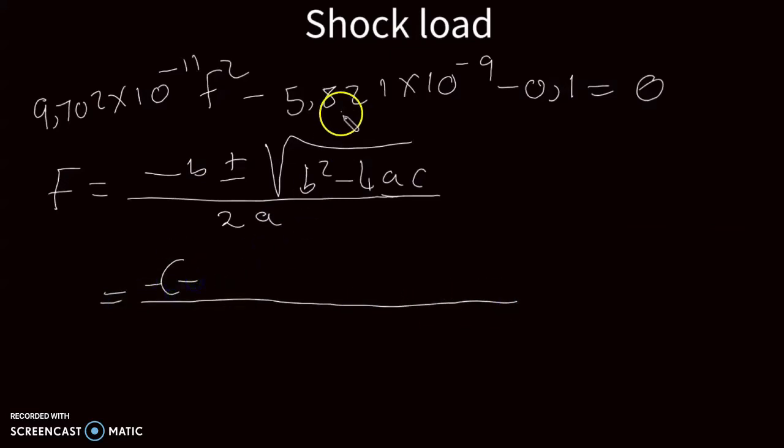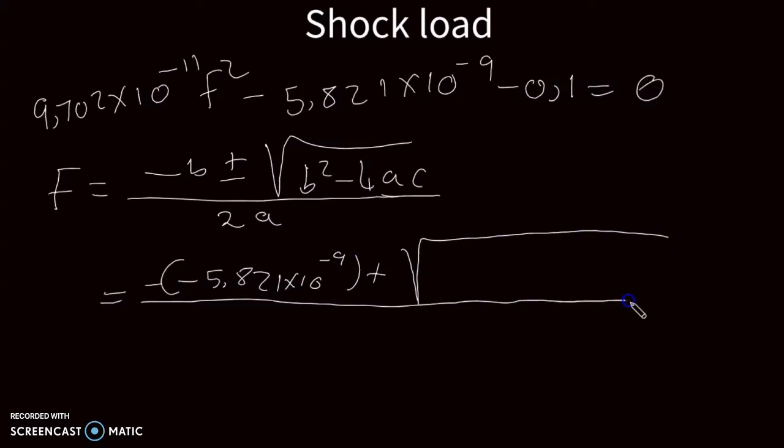b is negative 5.821 times 10 to the power negative 9. I'm going to use the positive root. The value of b, again, negative 5.821 times 10 to the power negative 9. Negative 4, and then it will be